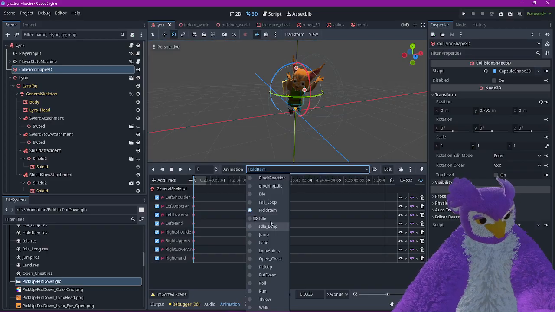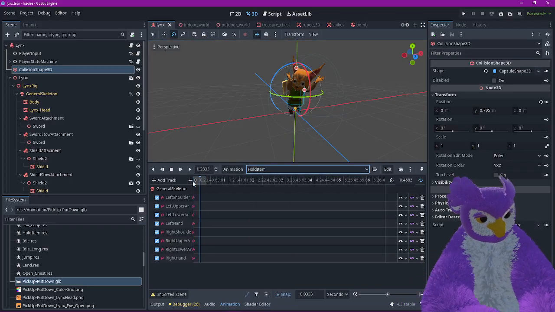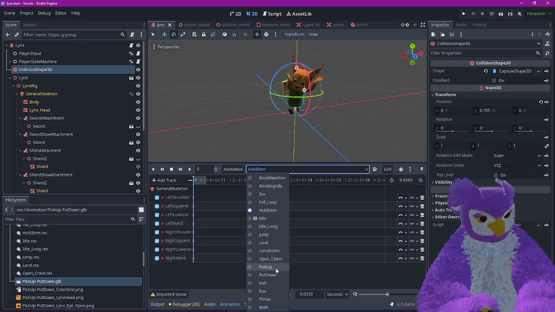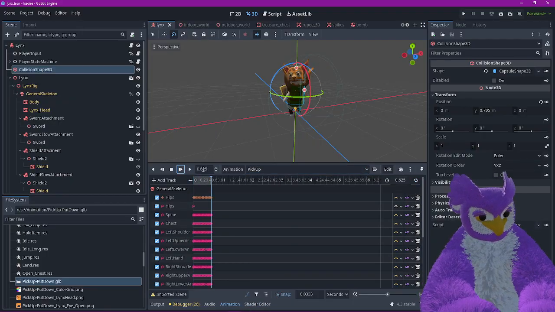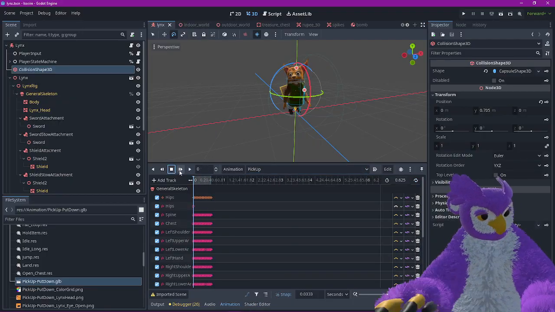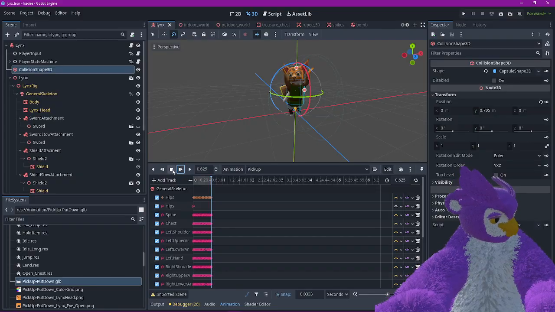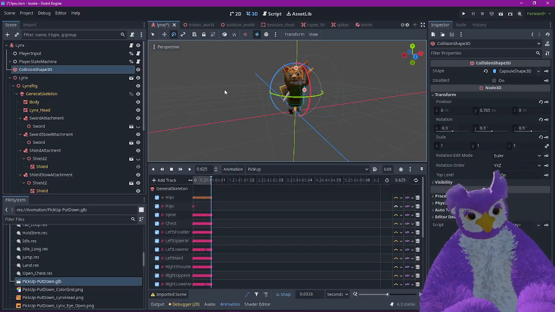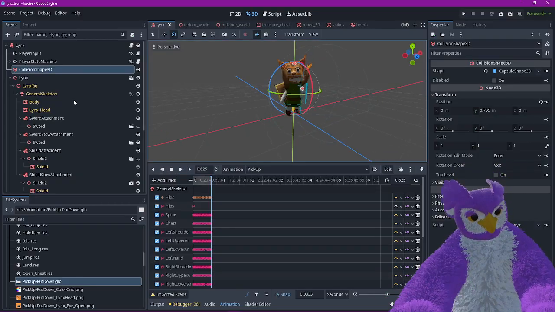I think I can also use this, I can probably use the pickup animation for when we get an item. Like, it's not perfect by any stretch, but